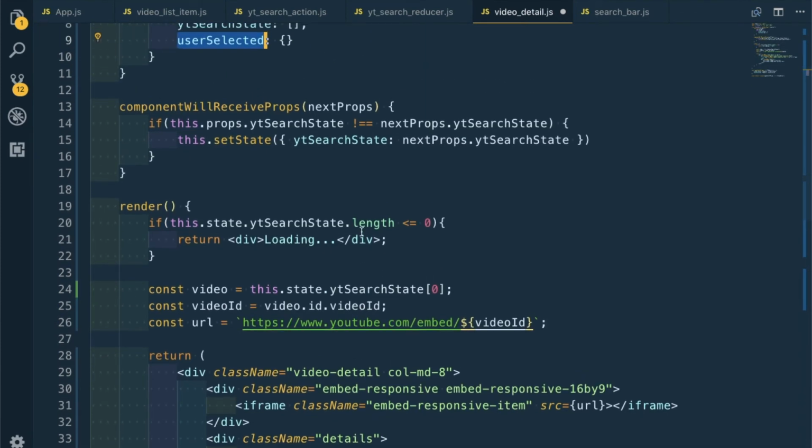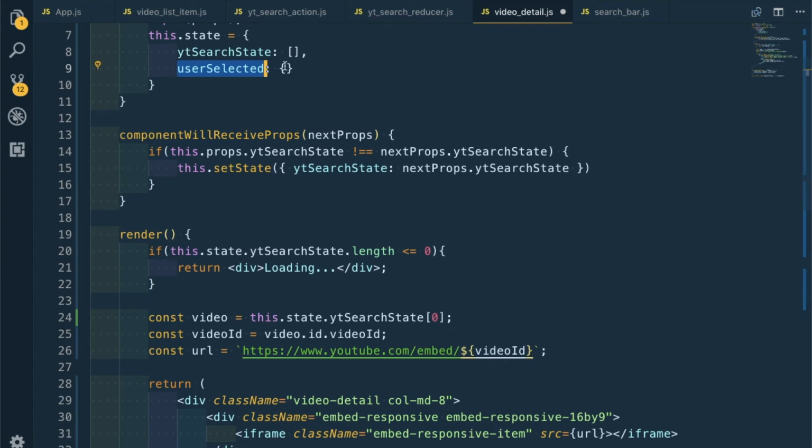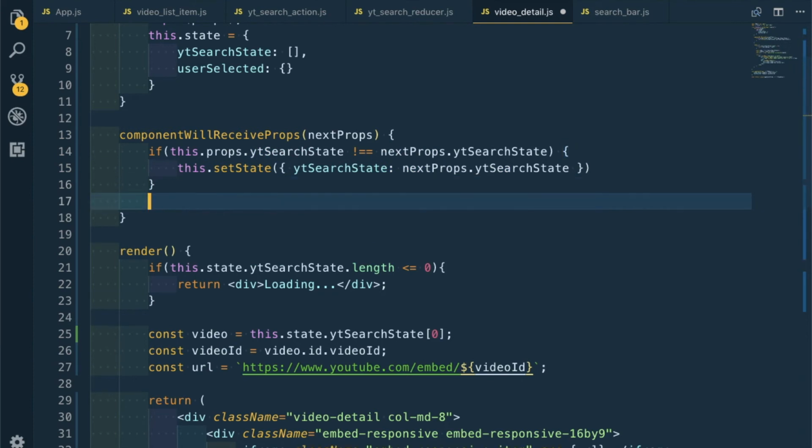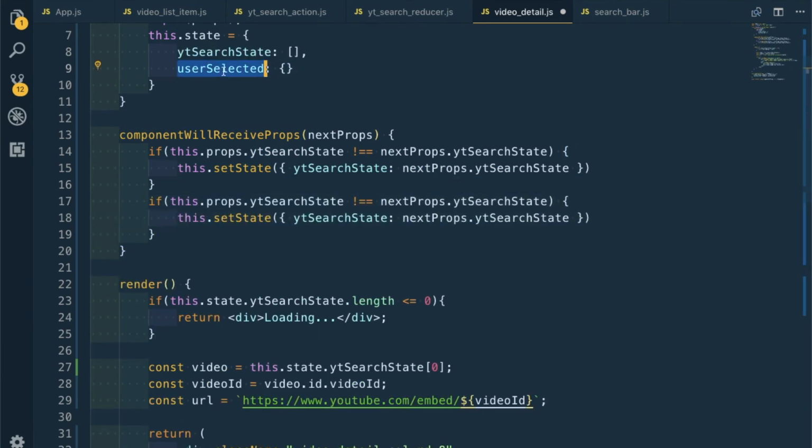So after that we will add this in the component will receive props, because this is what will change when we click on any video. It will get a different props than the initial one. Initial one will be empty. Let me copy it, and we just have to make it user selected, user selected, user selected, user selected. So this user selected is this state, and this next prop dot user selected is the one which we are getting from the Redux global store. Let me save it,